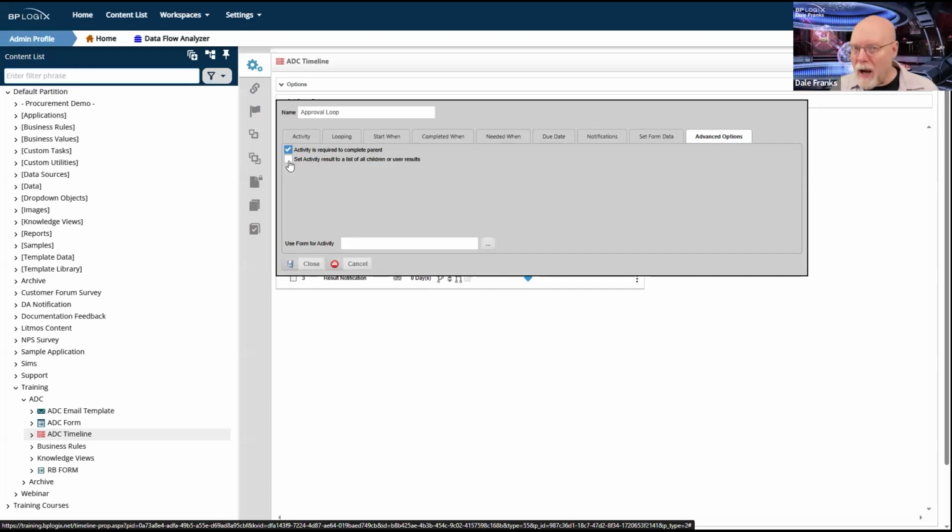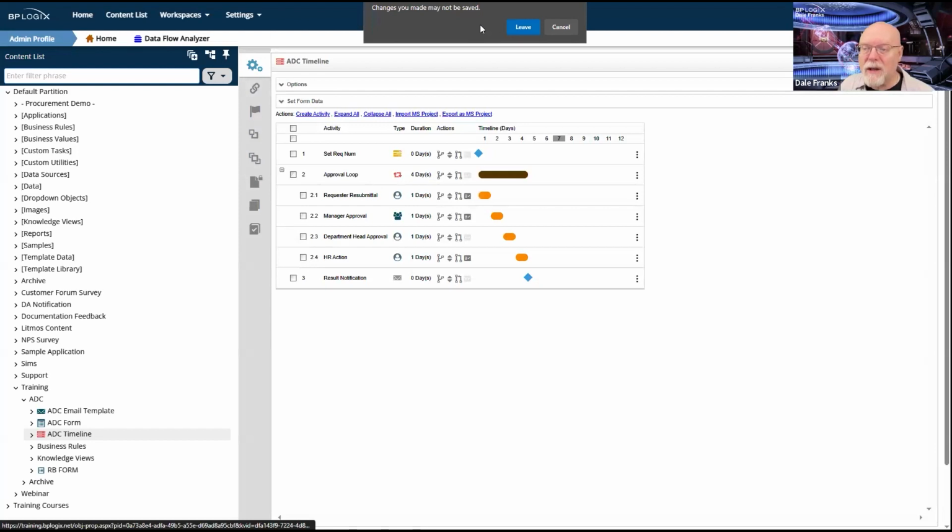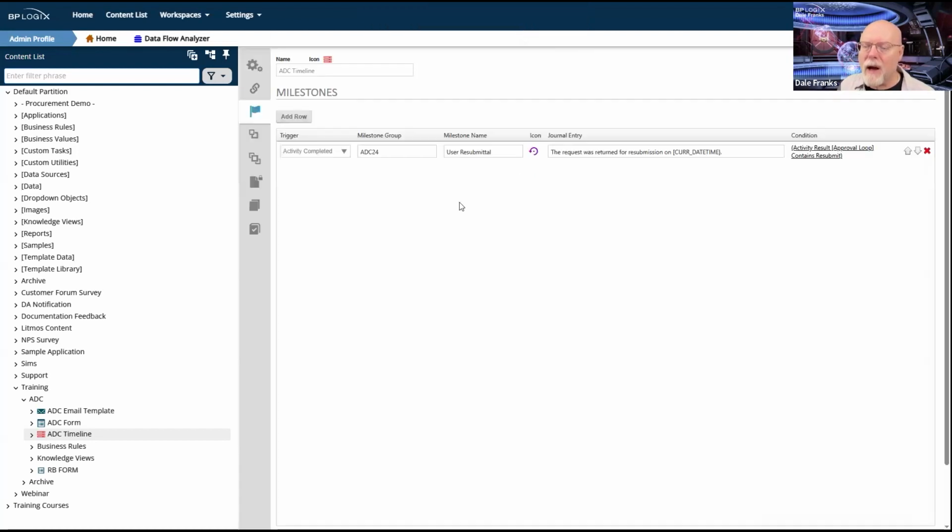There are times when you want to do this. There are some mildly complex use cases where you would rather have that comma-separated list and get a list of everything that happened, all of the current results, rather than just the current result of the just completed activity, whatever the last completed activity was. So with my configuration set to the default configuration, as long as that's not checked, then the condition that I have set for this works for this particular configuration.